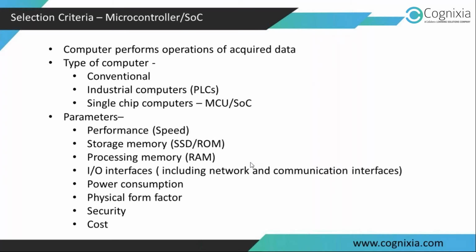So for power consumption, you should always go for an MCU or SoC which offers you high performance, but at the cost of low power, right? If you visit the websites of suppliers like TI, Texas Instruments, or ARM Limited or Microchip, you will find their SoC and MCU product portfolio offering high performance, low power computers.